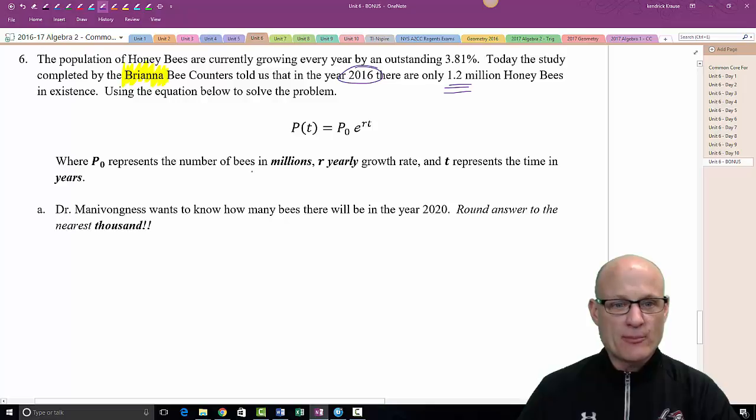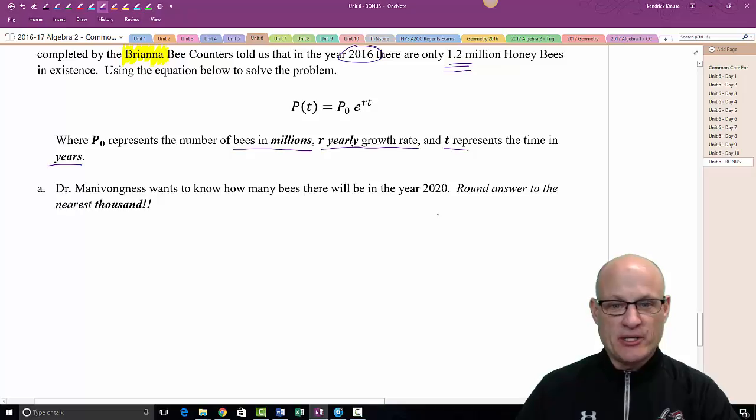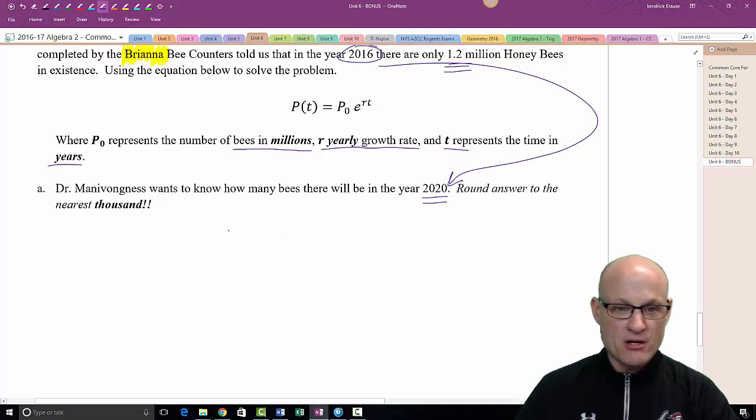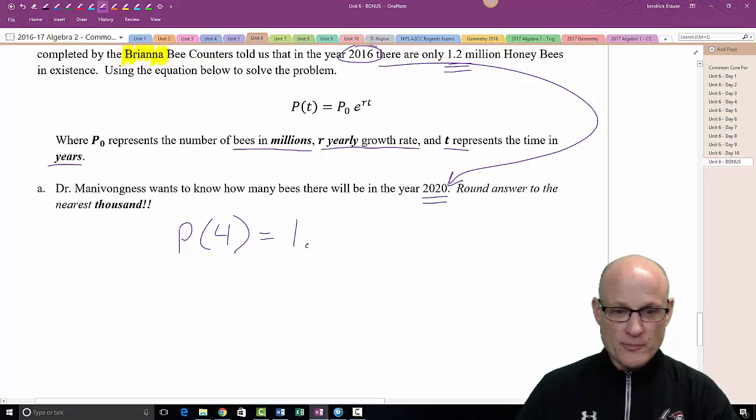Where P of 0 represents the number of bees in millions, R is the yearly growth rate, and T represents the time in years. So, Mr. Manavongnis wants to know how many bees there will be in the year 2020. Well, it's 2016. That's just 4 years from now. All right, so we're going to go P of 4, right? Not P of 2020. It's only 4 years. Is equal to 1.2 million e